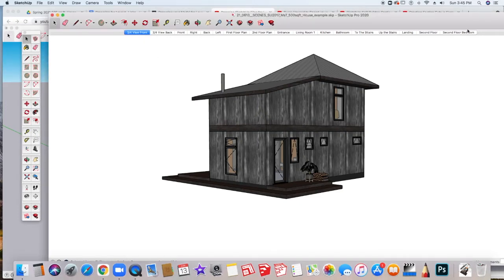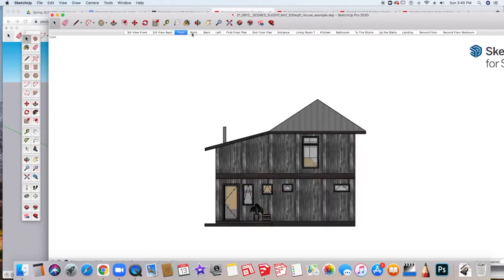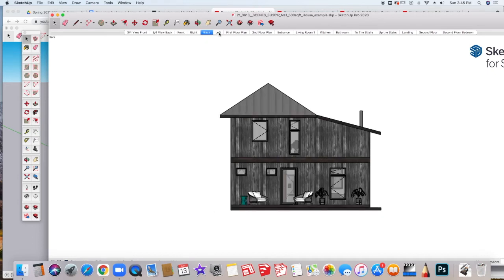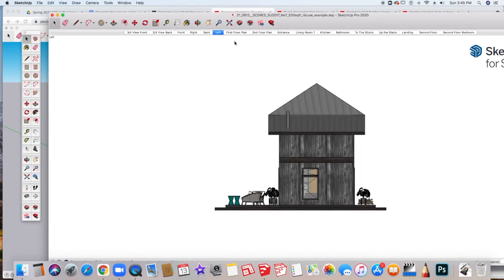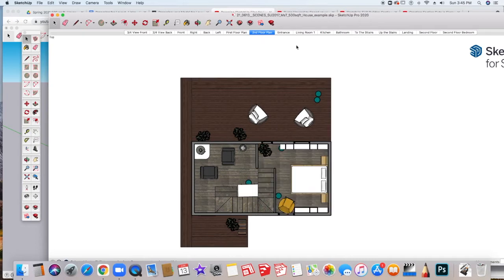You see across the top here are different scenes, and these allow us to quickly toggle through, and you're going to make two 3/4 views, a front view in elevation, a right view in elevation, back and left views. Then we're going to do a floor plan. This is the first floor, the second floor, if you have a second floor,